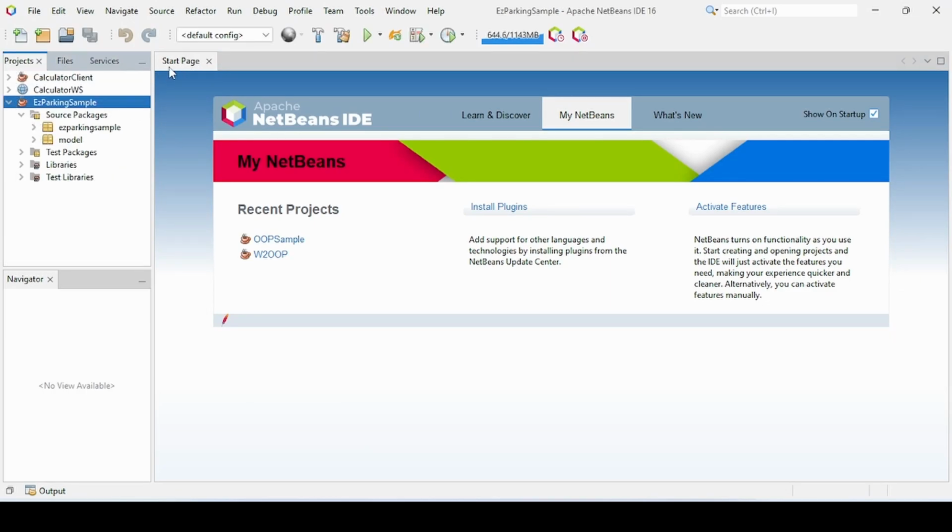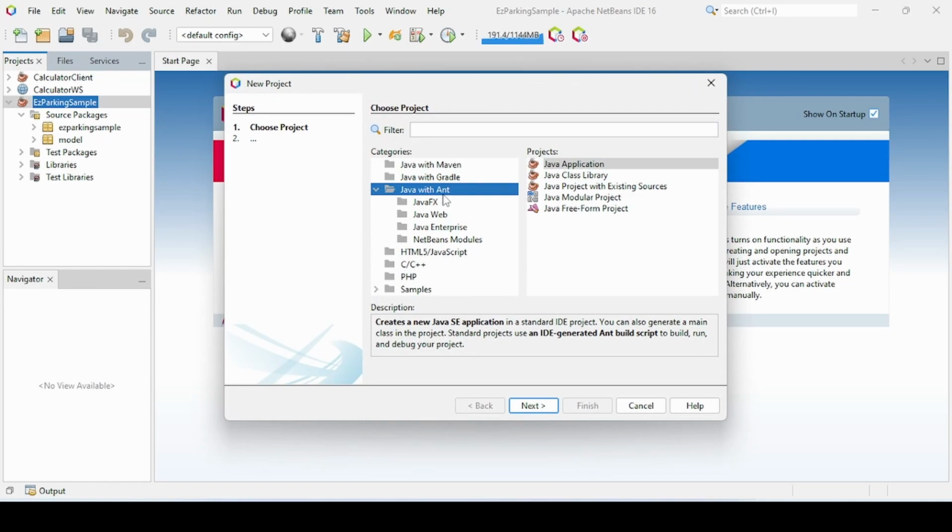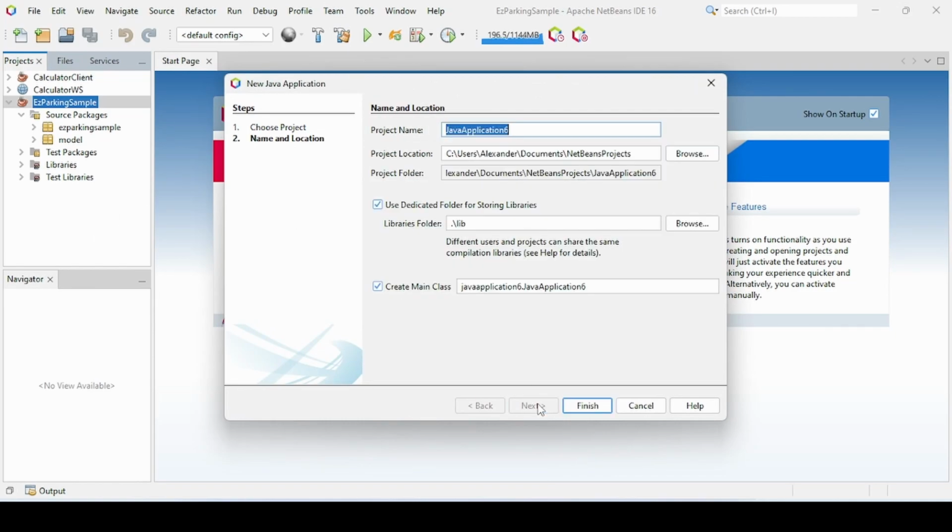Right, so in this case, create a new project, a new Java application project. So Java with N, choose Java applications, and then choose the location for your project folders, and then give the project names. In this case, I will not create a new Java project because I have already created it previously. I will just show you step by step how to do it one by one. Okay, so after you give the project names,